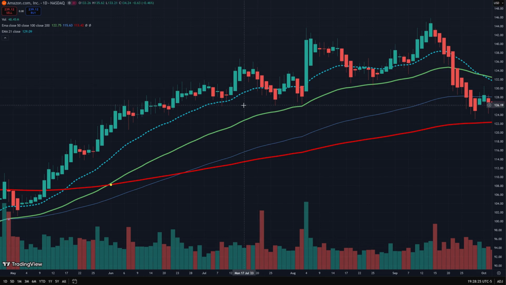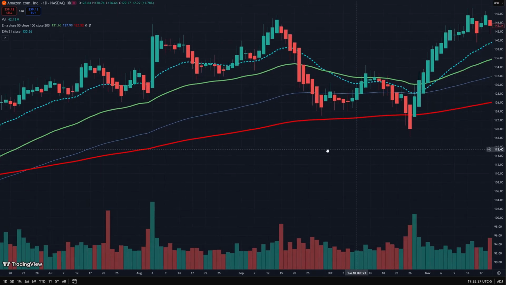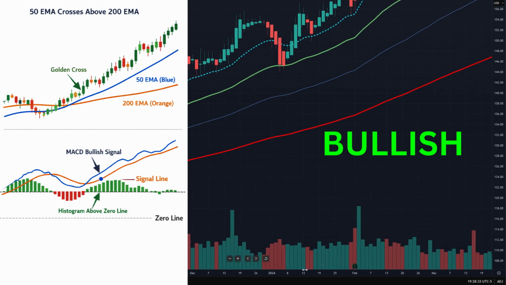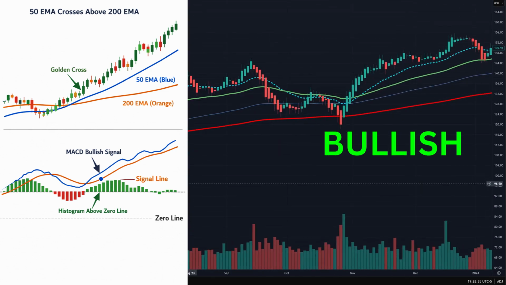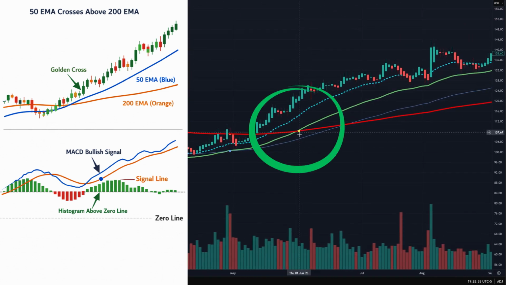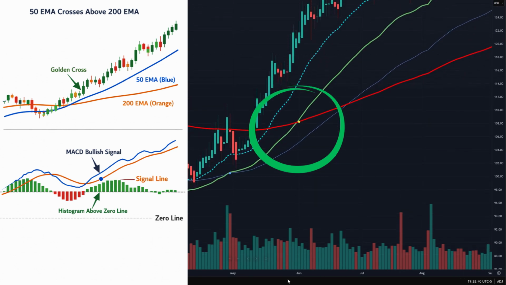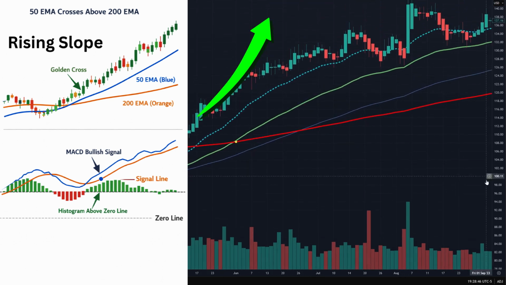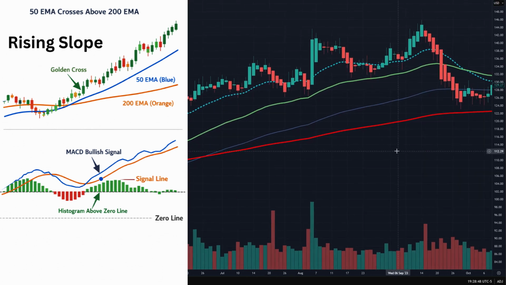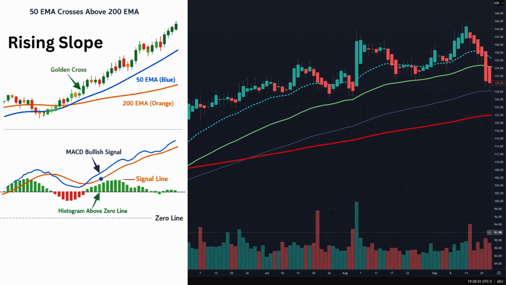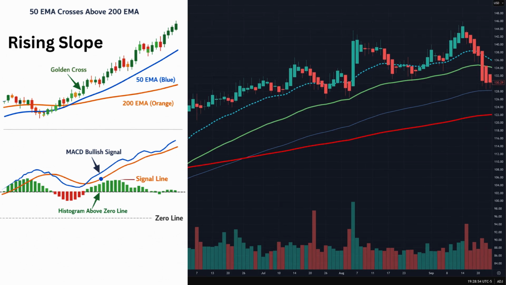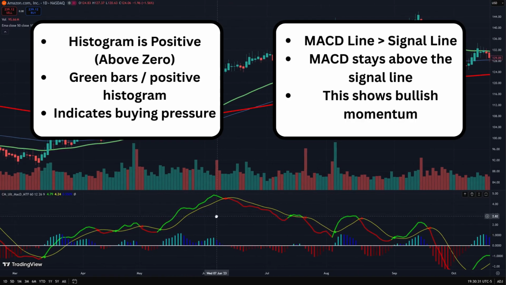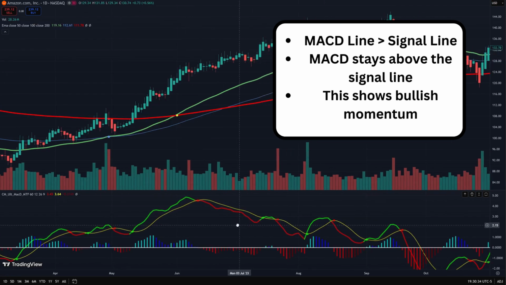All right, now let's talk about a bullish strategy and a bearish strategy, and how to recognize each one before you ever put money at risk. A bullish moment is when the 50 EMA crosses above the 200 EMA. But before entering, check that the 50 EMA slope is rising. This shows the market is committed to higher prices. Look for price to pull back into a bullish order block overlapping the 50 EMA. This is where smart money may defend their positions. Confirm momentum with MACD. The histogram should be positive and rising, and the MACD line above the signal line. When all three line up,